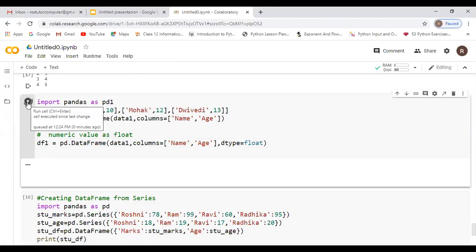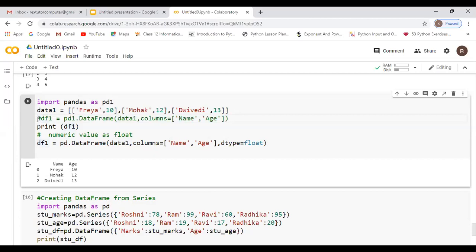Now I'm going to execute. Now see, because the beginning one is this, that output you are getting. So make this also a comment, then execute and see, you will get the output. Now see, 10.0. Wherever the numeric value is there, it will be taken as a float value. So 10.0, 12.0, 13.0 you will get. So this is the thing, dtype is equal to float. Here the numeric value 10 is only in this place we have. That is the reason.